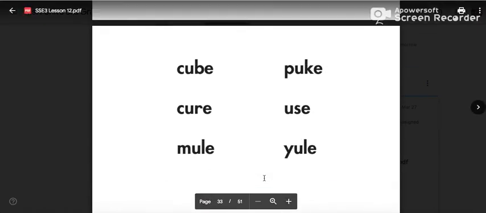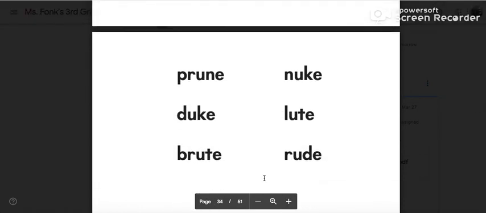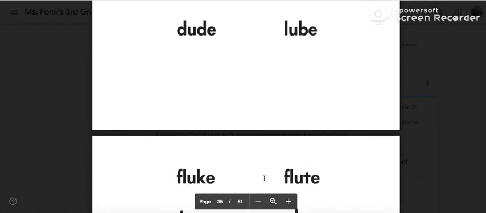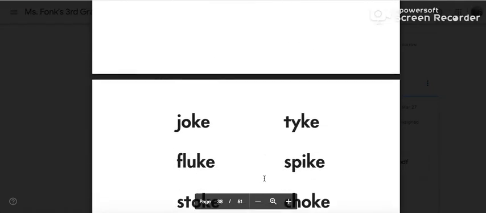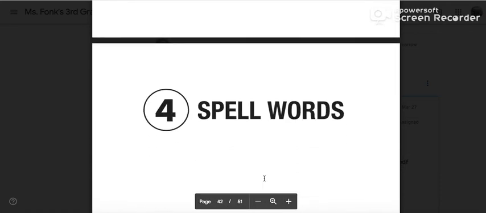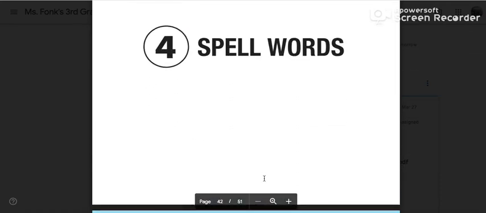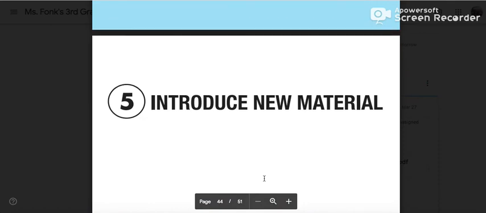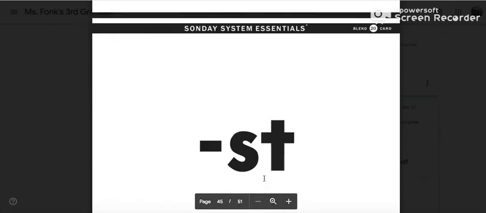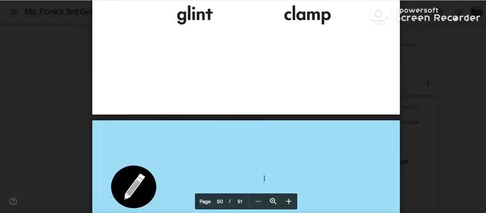You could read them to a sibling. You could read them to a stuffed animal. You could read them to your parents. It's up to you how you want to do that. So you just continue to go through. When it says spell words, you're going to write the words in blue on a separate piece of paper. Here's the new material. And then at the end,